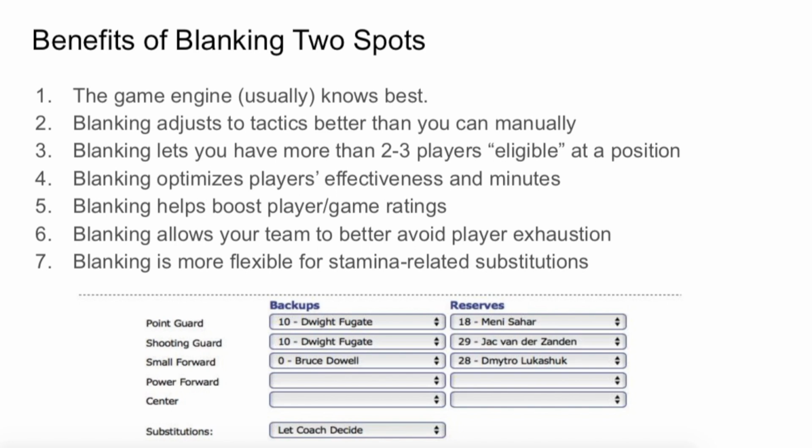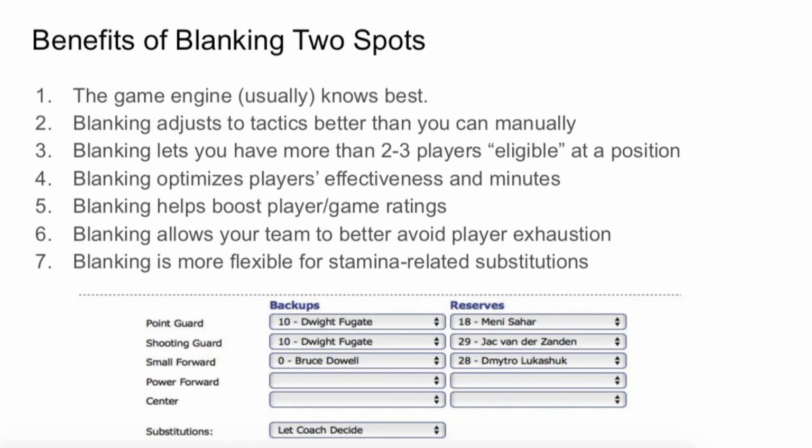As for the benefits of blanking 2 spots in your lineup, there are a lot of different perks, and I think the main one is that the game engine is typically going to know what's best. Sometimes the game engine does a couple of peculiar things. You'll be like, why is my point guard playing center for a couple of possessions when I let coach decide? More times than not, however, the game engine will know what's best and what's ideal for the set offense and